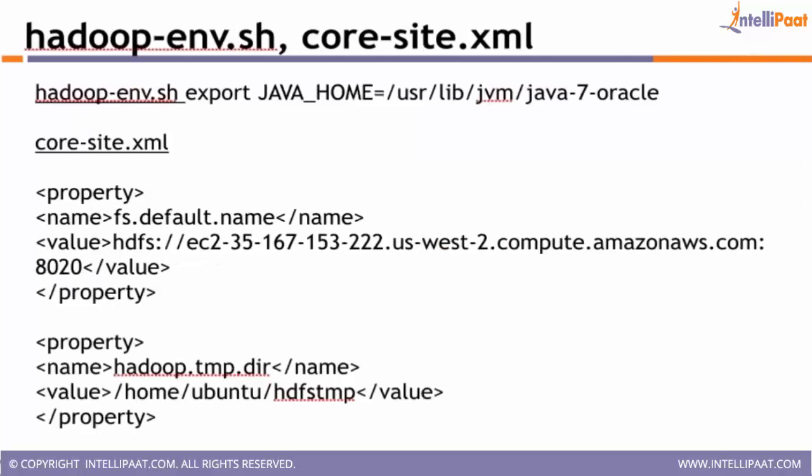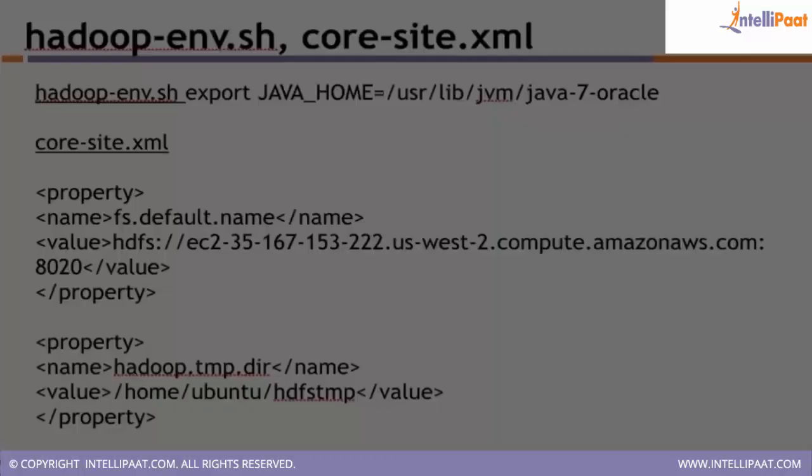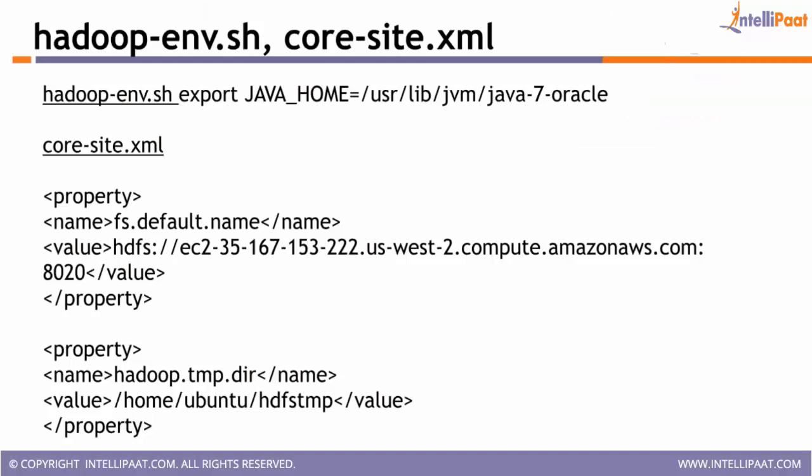So from here the Hadoop installation actually starts. Whatever we have done till now is required for allowing us to do the Hadoop installation. This is the actual Hadoop installation we will be doing from this slide. First we have to set the 4 files which we have already looked at in the last class. One is hadoop-env.sh and the second one is core-site.xml. The other files we'll look into in the next slide.